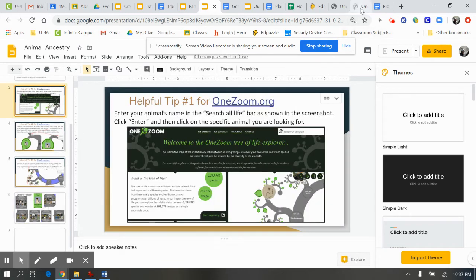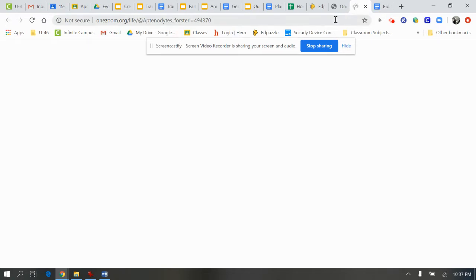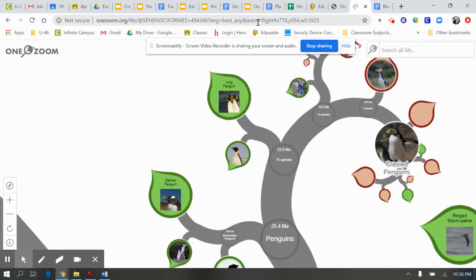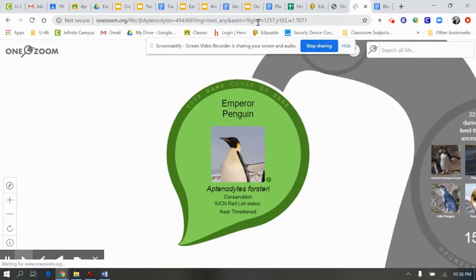And so let's see now if we've loaded. And we can see it's now zooming into my emperor penguin. So at this point, you would take a screenshot of your organism, you'd snip it so it's just the picture of the penguin, or whatever your animal is, rather than the whole screen of lots of white space. Okay. Step 2, if we go back to the slides real briefly,